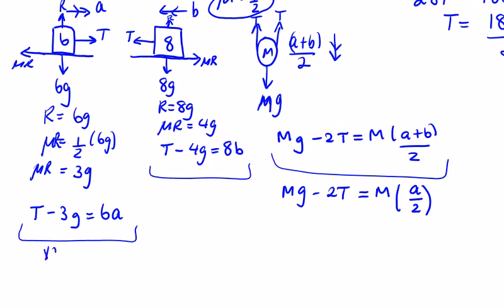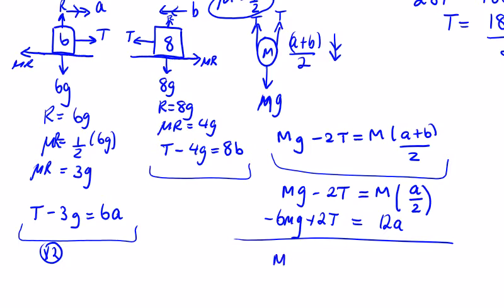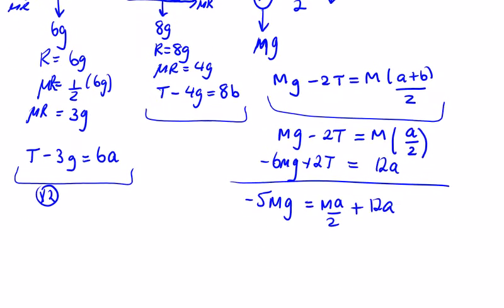So multiply this by 2 to get 2t minus 6mg is equal to 12a. So I'm going to get mg times 1, that's mg minus 6mg, I'm going to get minus 5mg, is equal to ma over 2 plus 12a. I want to solve for a, so I'm just going to multiply by 2, minus 10mg is equal to ma